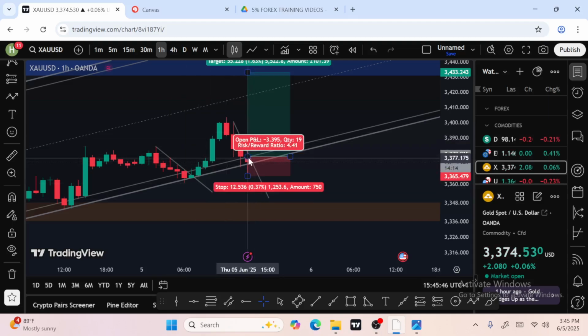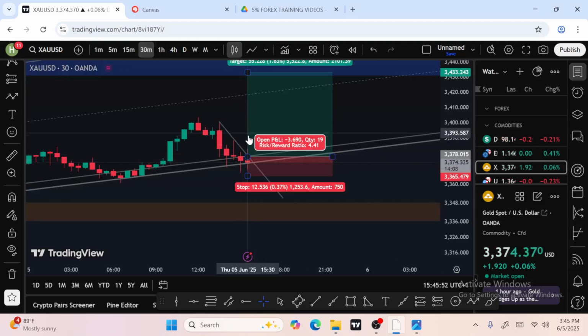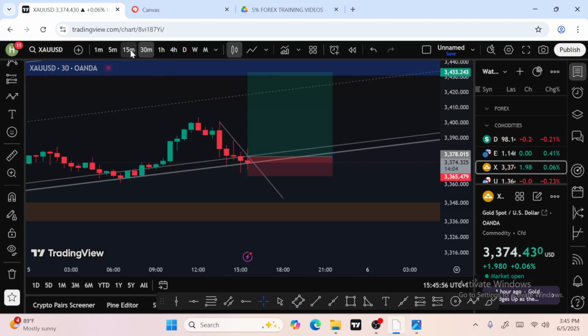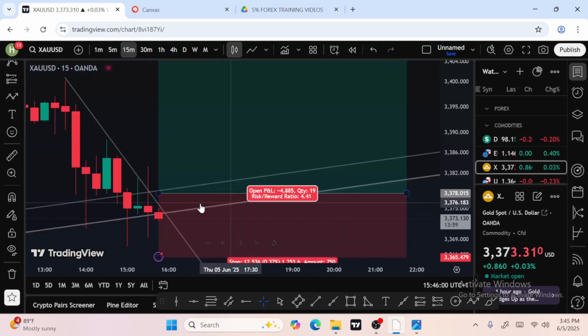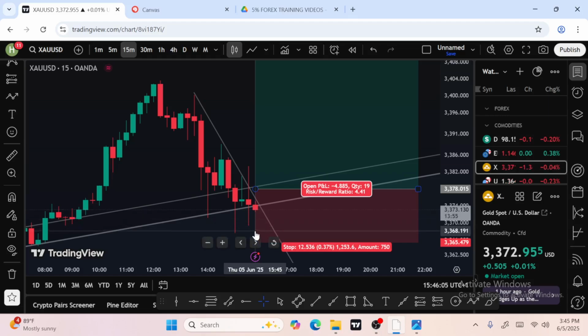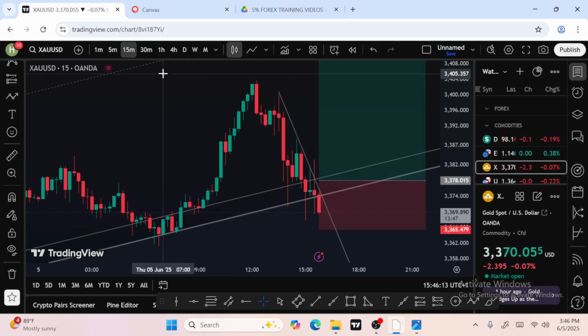We are supposed to see either an indecision, or on 30 minutes, we are expecting a bullish engulfing bar, or indecision too. Or on 15 minutes, we are seeing a Marubozu acting as a breakout. But if it did not break out and 15 minutes closes below this, then we call it a potential breakout. Is that not so? On 15 minutes.